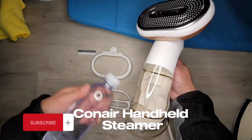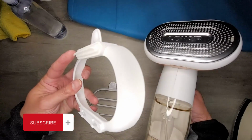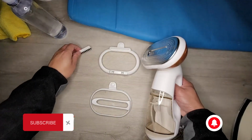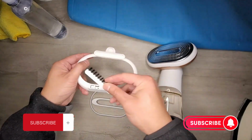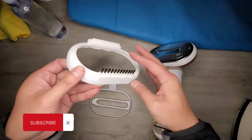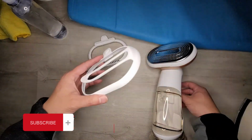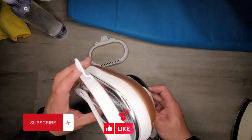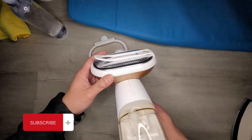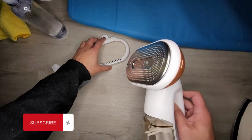Conair Handheld Steamer. The Conair Handheld Garment Steamer is equipped with a robust 1875 watts of power, ensuring quick heat-up and efficient steam production. This powerful steamer effectively removes wrinkles and freshens fabrics, saving you time and effort. Whether you need to steam delicate silk blouses or heavy denim jeans, this steamer provides consistent, high-quality performance across a